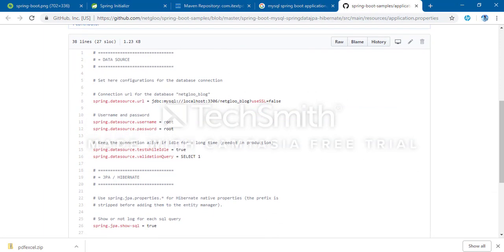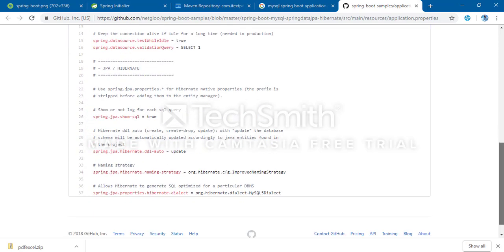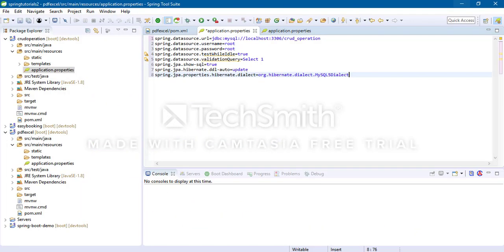Just copy paste and change your DB name and username, password, whatever you want you can change. These are the properties I am using. So I am adding MySQL related